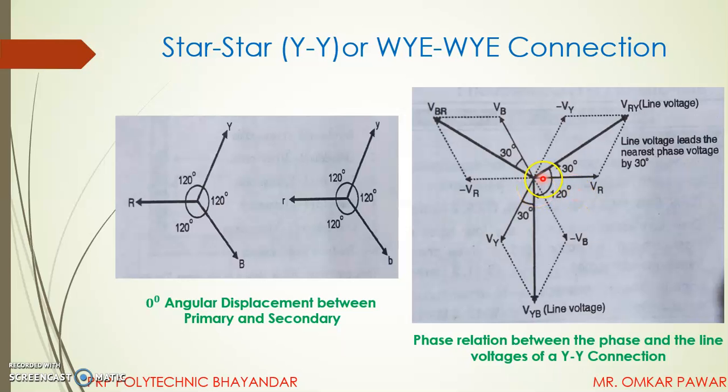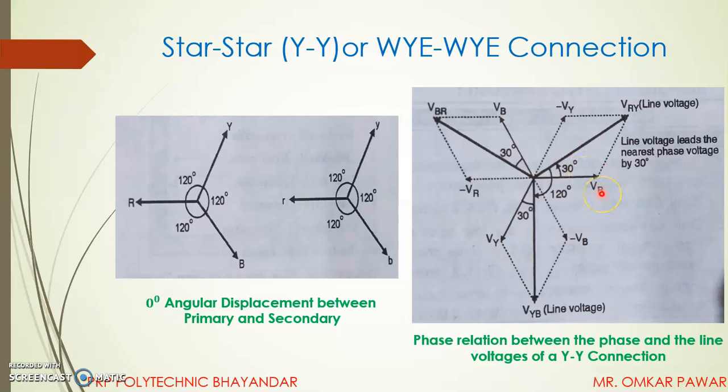So VRY, that is line, the voltage between R phase and Y phase will be, by addition of VR and VY phases. So this is VR and this is VY, and phasor addition will be the VRY. So this is 180-degree opposite. So this is 120. So this line cuts, this is 60-degree and this is 60-degree. So phasor sum will be, this is 30-degree, this is 30-degree.